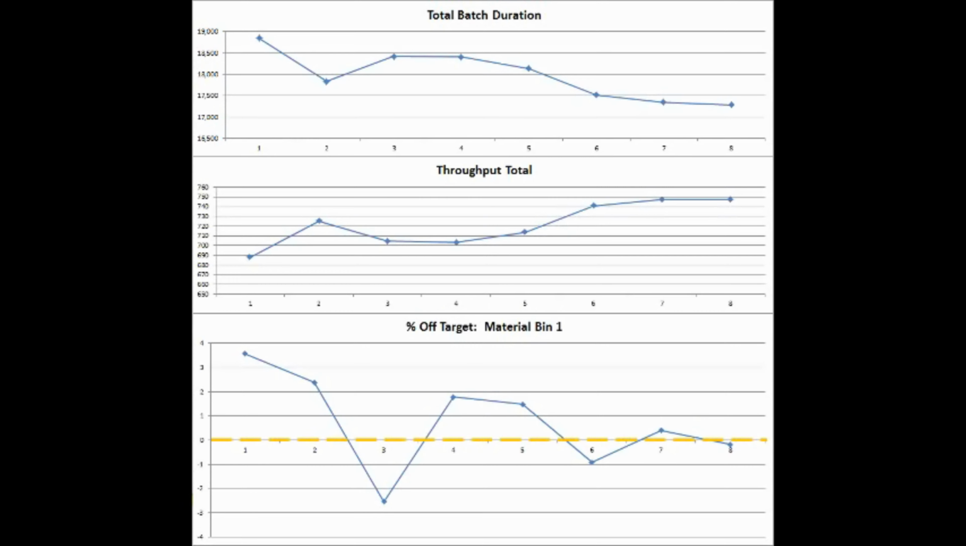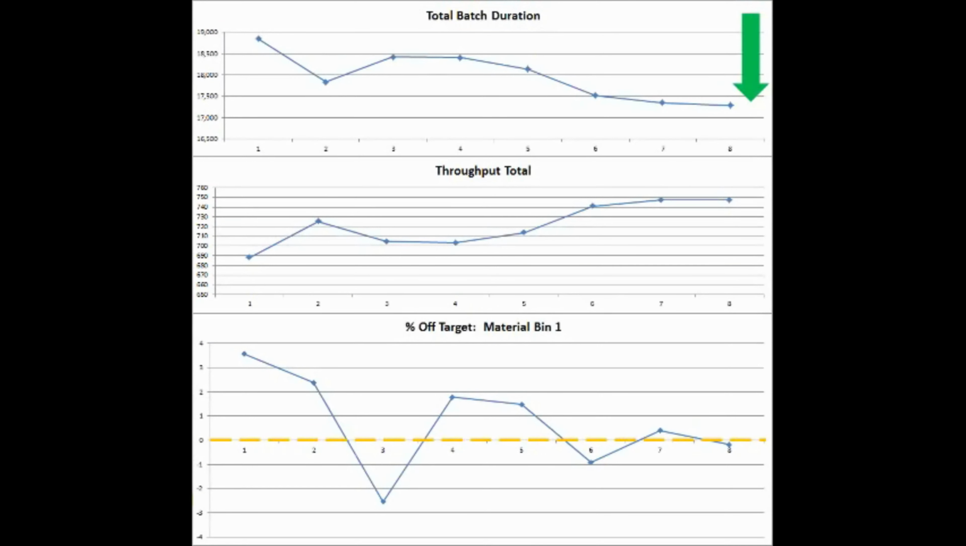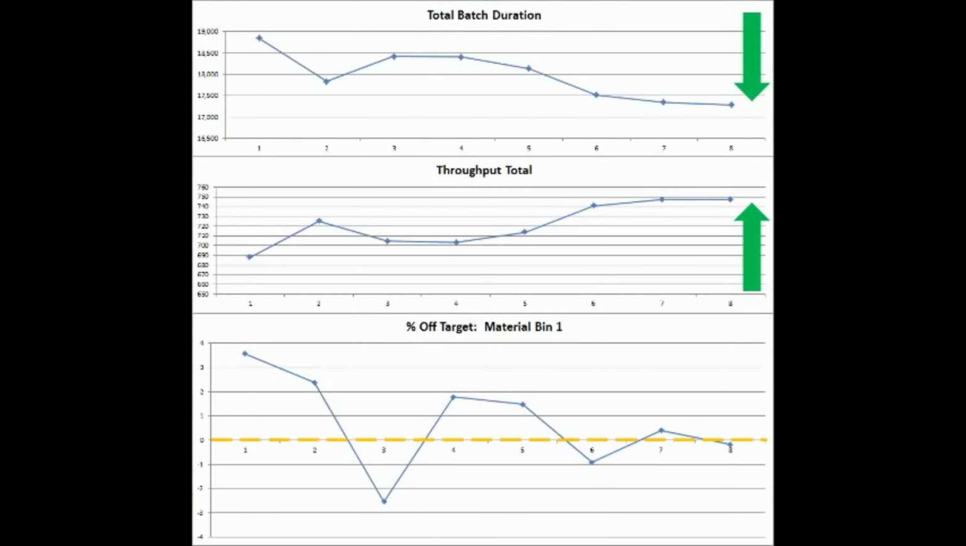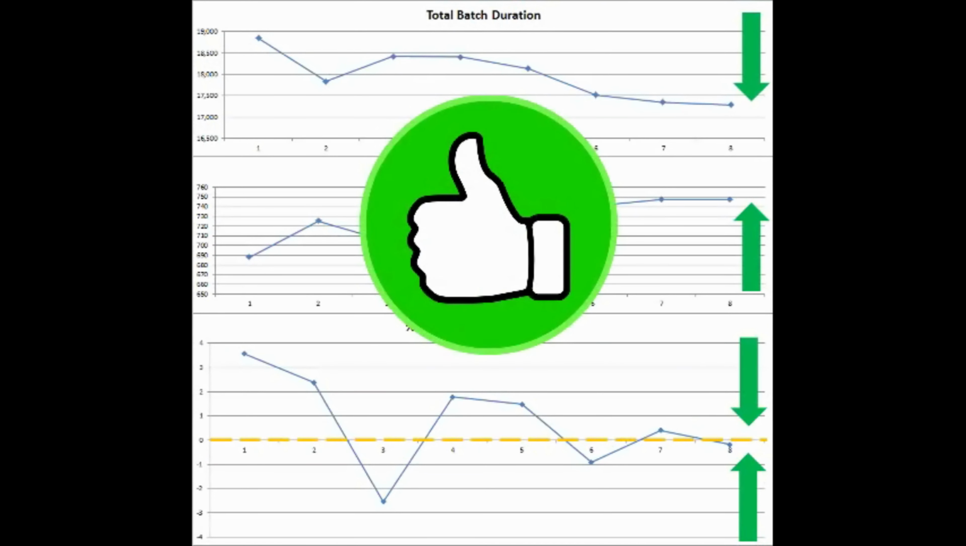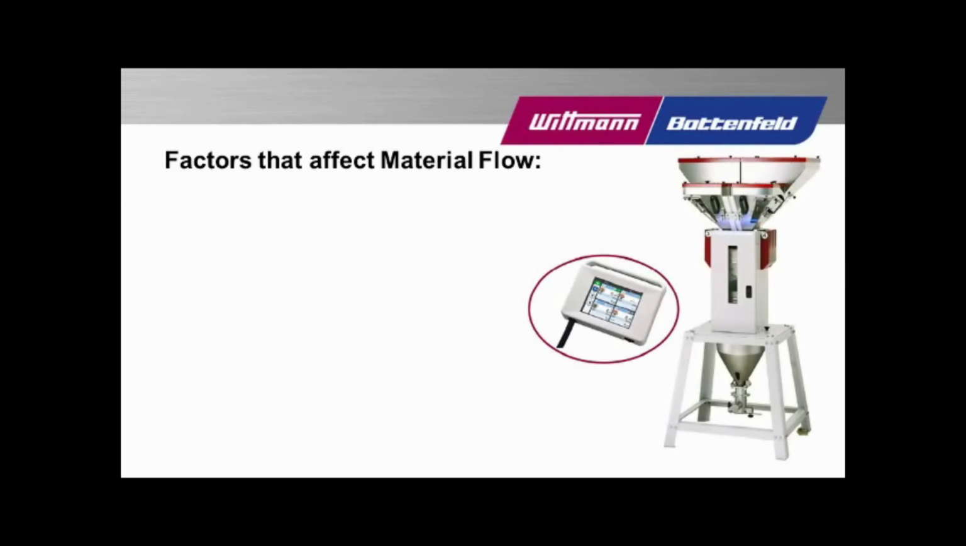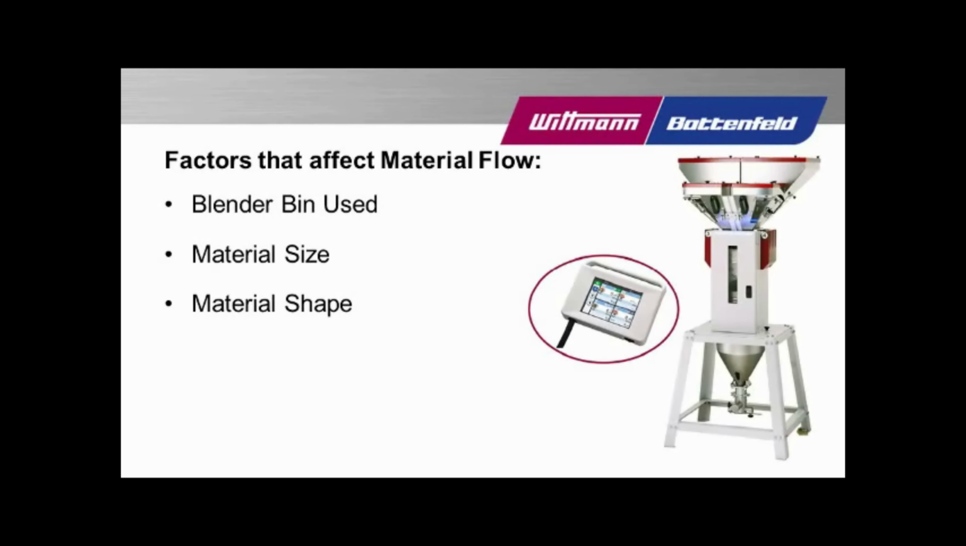This unit uses the batch history data in order to better predict how to dispense material. This information is called the material statistics. In order to determine these statistics, the unit will begin a series of dump tests during the first few batches. This information is specific to each blender bin and will vary based on the size, shape, and type of material